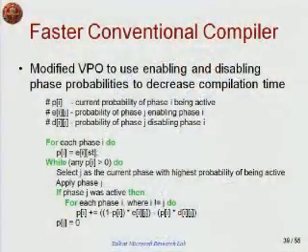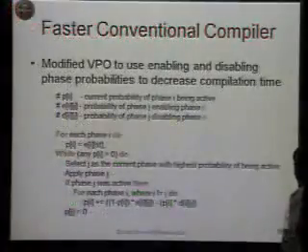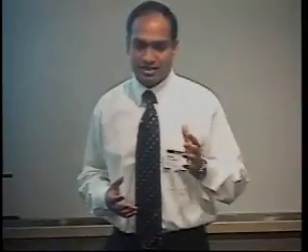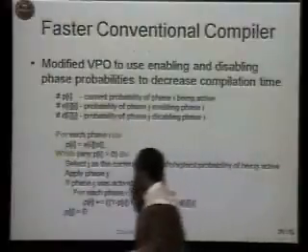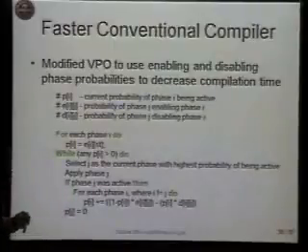Okay, so now we use these enabling and disabling interactions to actually improve our conventional compiler, to make it faster. The basic intuition was that, as I said, our compiler VPO is a very aggressive compiler. It was applying optimizations in a loop. So that means that many times when VPO applied a phase, that phase was dormant at that point. So we thought that if we could use the enabling and disabling probabilities to find the active phases, then we can eliminate some of the dormant phases from even being applied, and by that we can speed up our conventional compiler. That was the main intuition, and I'll go over the algorithm that we used.